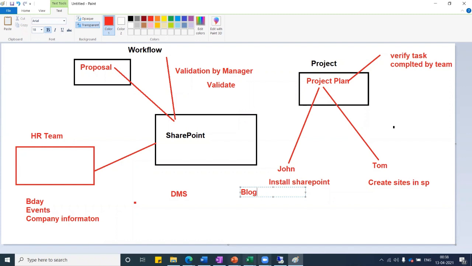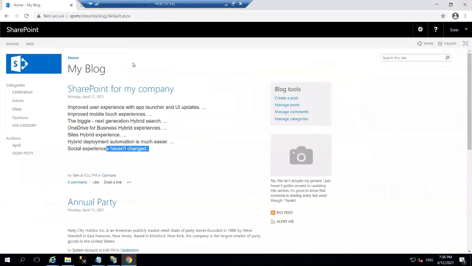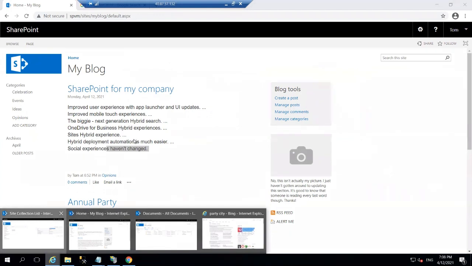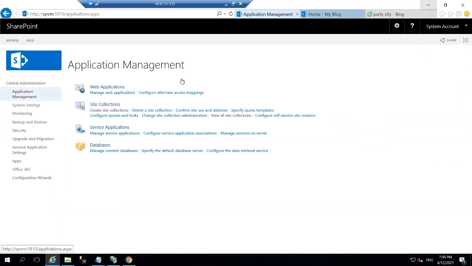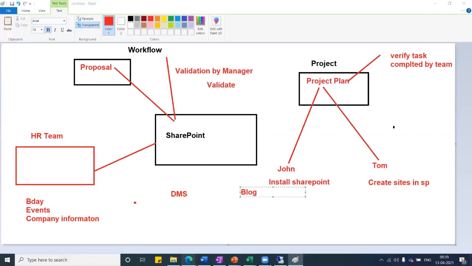Right? You just click that one, and when we come back, we see here that we have different kinds of services, right? So what we have created so far: we have created a site collection. We also created a view of our site collection. We also created a web application. So these two features are going to give me two better options. So let's have a break now. Let's take a small break, come back, and then we are going to explore something in SharePoint one more